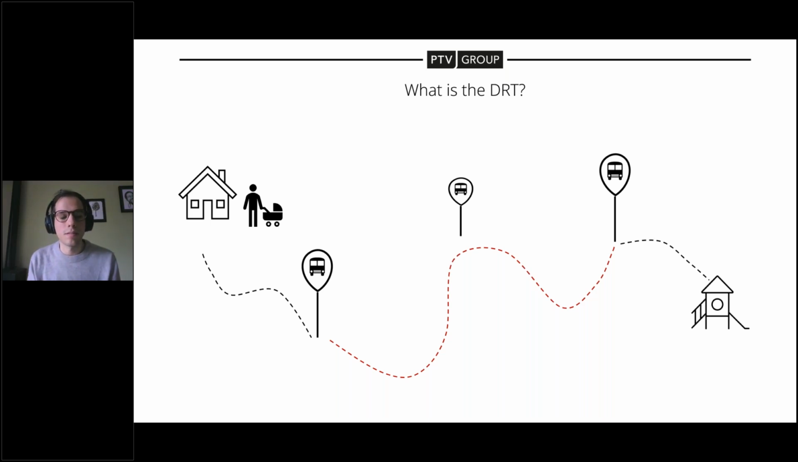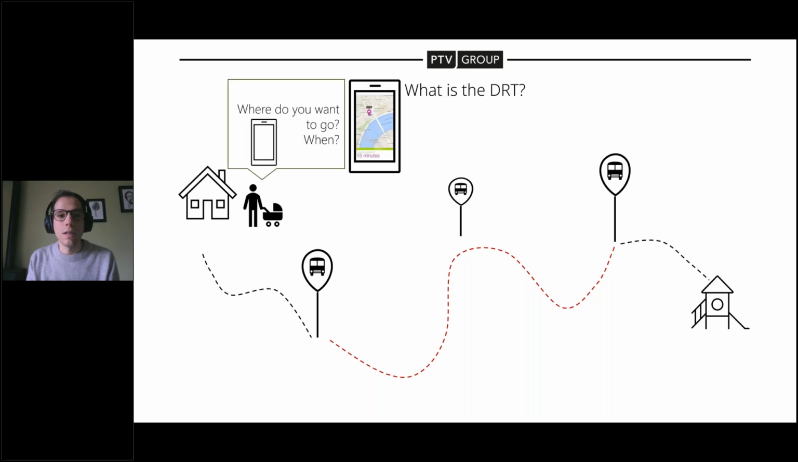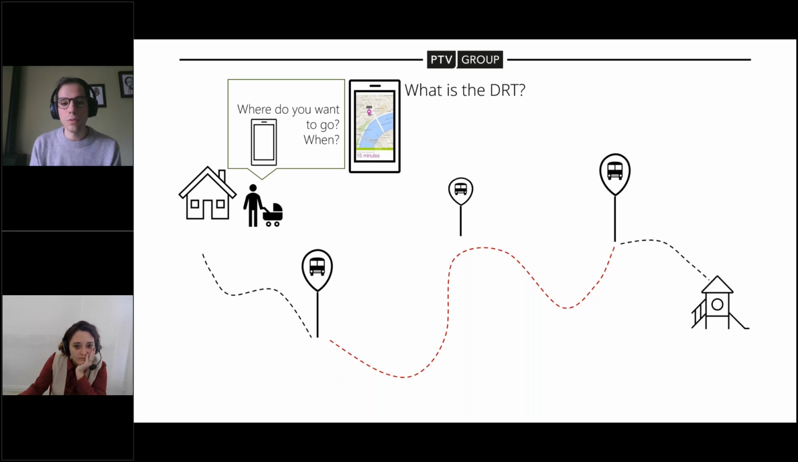Let's suppose that the man with the stroller on the left side wants to reach the recreation park, and he wants to do that with the DRT service. So he just uses the DRT app, the app for the demand responsive transit service. The app asks him where he wants to go and when he wants to go. Once he chooses his preferences, the app suggests the nearest stop point,